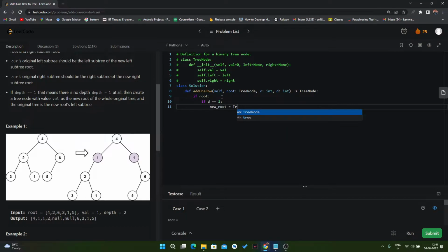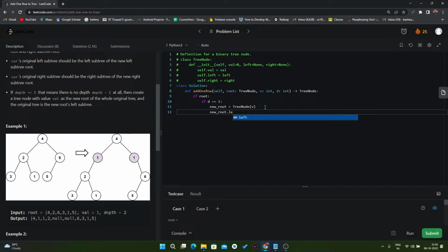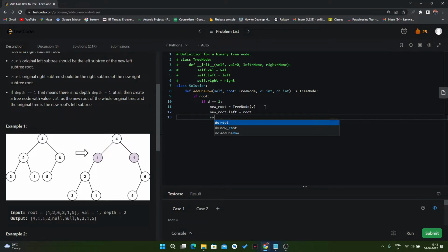So our new root will be a tree node of our value v, and then new root dot left will be our current root, and now we change our current root to the new root. And now else if, or we can directly say if, our